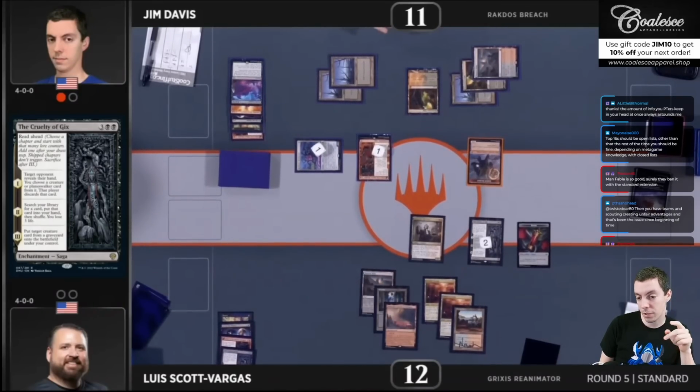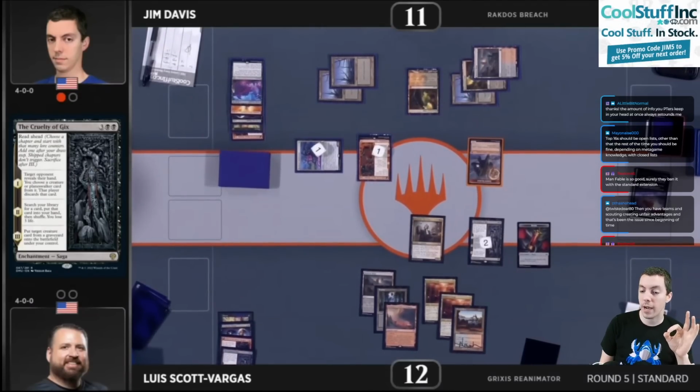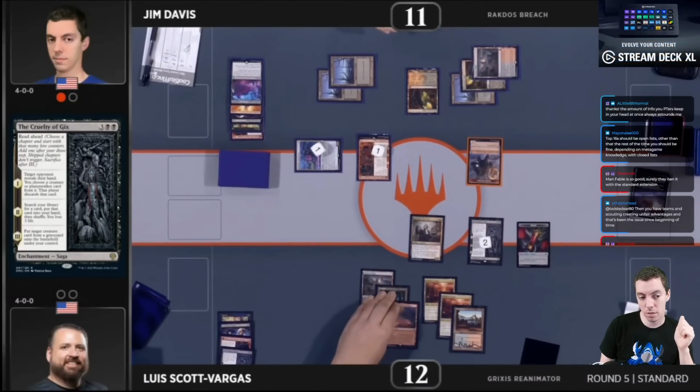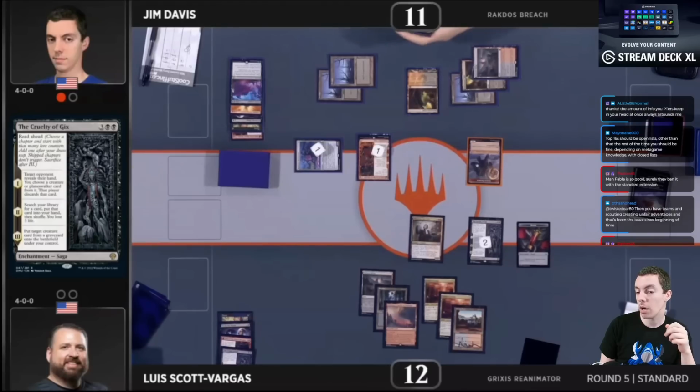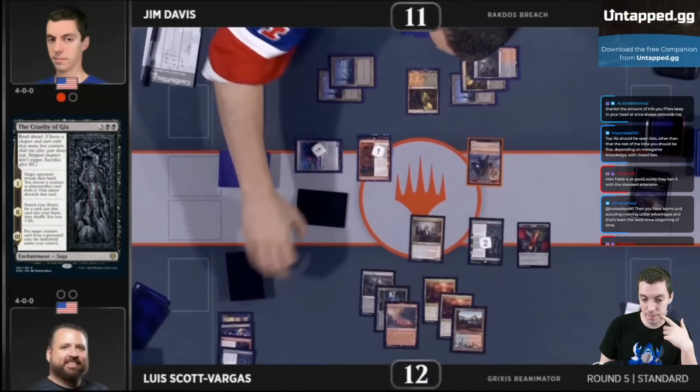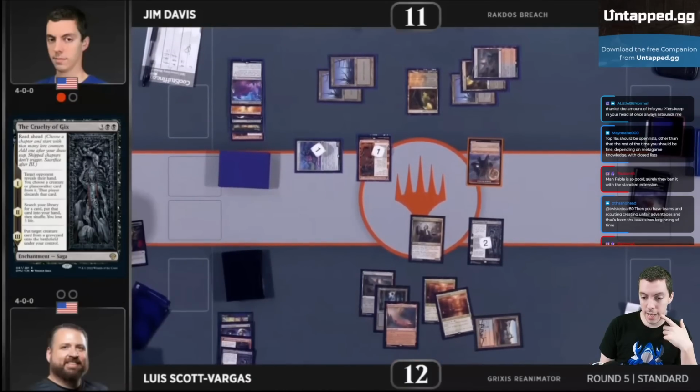The Blood's the important part here because now Luis can tutor up an Atraxa and then discard the Atraxa to the Blood. So I'm on a 1-turn shot here, honestly, to try and find an answer to this Cruelty of Gix or the graveyard. So we see Luis gets the Atraxa face down. I assume it's Traxa. And now I'm digging for another Invoke, which would kill the Cruelty of Gix itself. Which would be great, obviously. We see here, and Luis will...